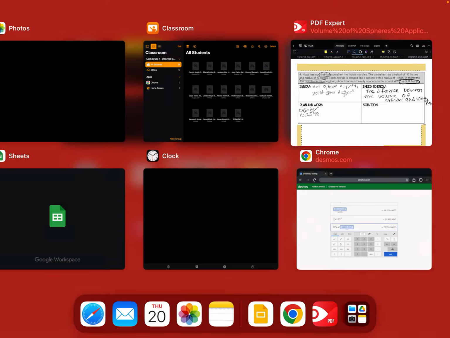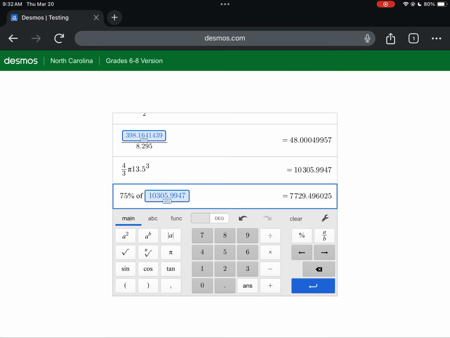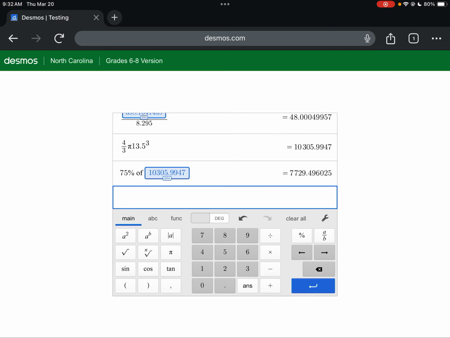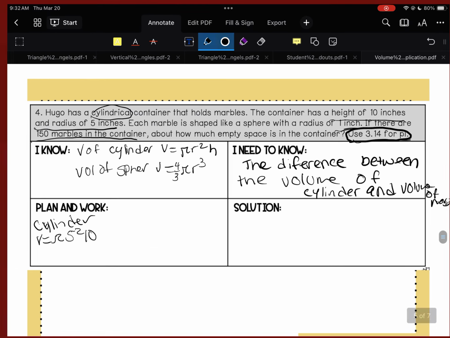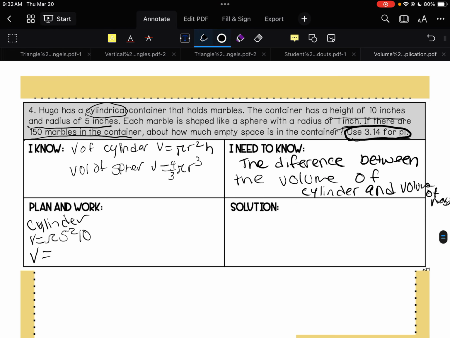So when we come over to our calculator here, it says specifically to use 3.14. So we're going to do 3.14 times r, which is 5 in this case, squared times 10. We're going to use 3.14. Which in this case is 785. So the volume of the cylinder is 785. We're going to come over here and do the marbles,